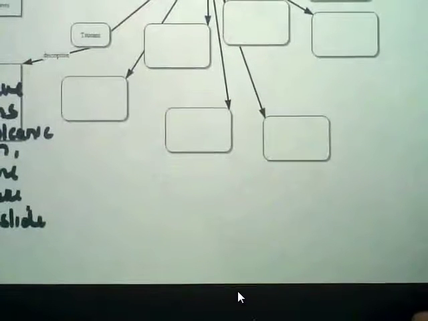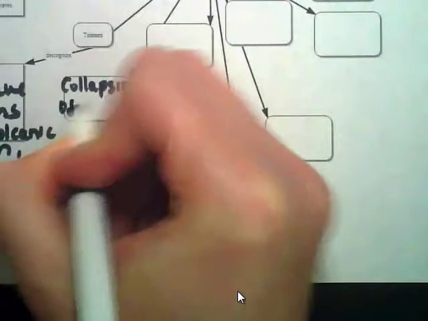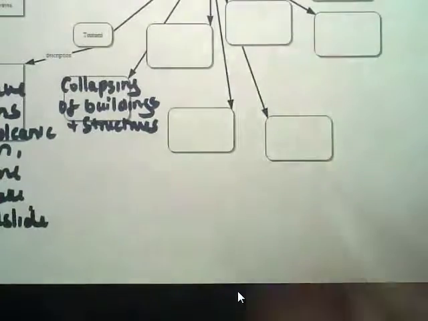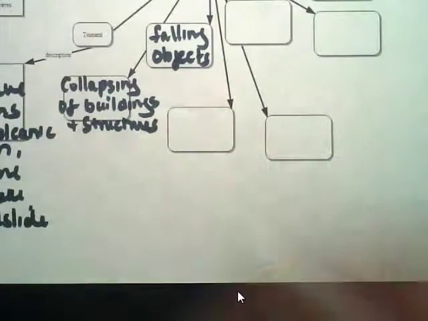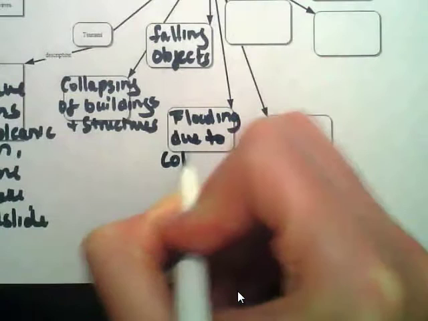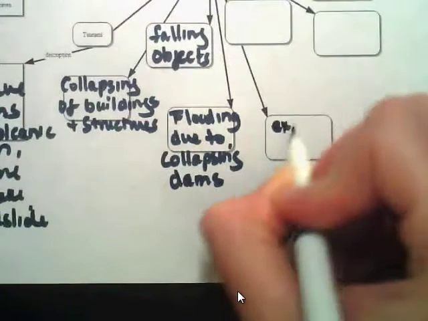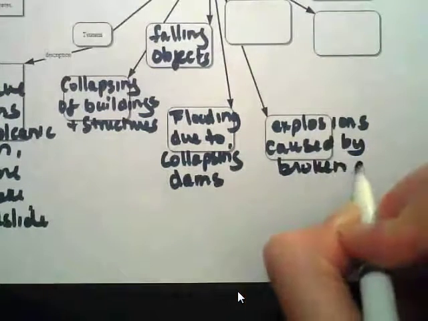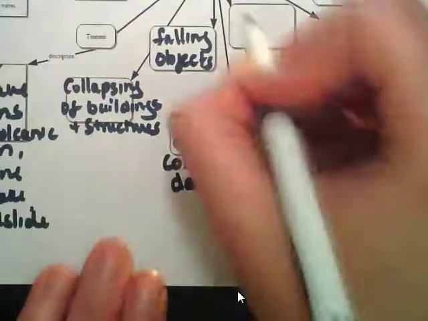Some other effects, I'm not going to list them all, but some other effects are the collapsing of buildings and structures, so these could be bridges and whatnot. Another effect on humans is falling objects. Another one would be flooding due to collapsing dams. Again, a structure that could be broken. Another one could be explosions, and these can be caused by broken gas or electric lines, or even oftentimes pipes under the earth. Broken glass,